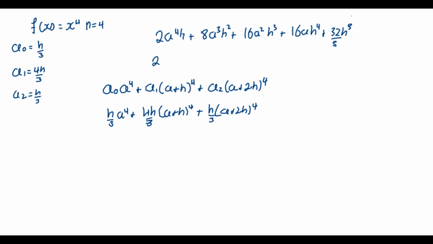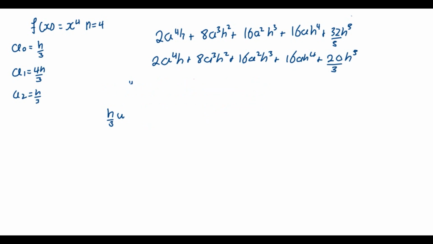It's going to be 2a to the power 4 times h plus 8a to the power 3 times h squared plus 16a squared h to the power 3 plus 16a h to the power 4 plus 20 h to the power 5 divided by 3. They are like that. Okay, so this is extremely interesting in the sense that, remember, your error is